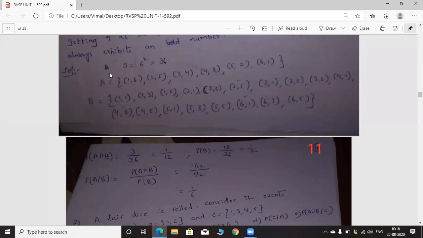Okay, see the two events A and B, observe those two. Event A means getting the sum as 7. Event B means second die must display the odd number. First die may display any number from 1 to 6, but the second die must display an odd number. That is event B. So what is the joint portion or common portion for this?